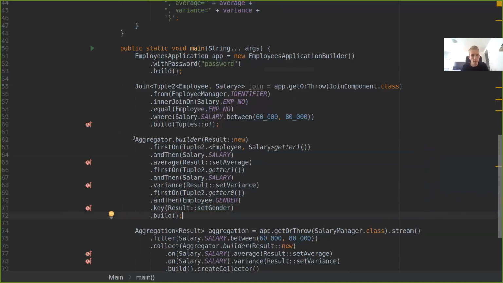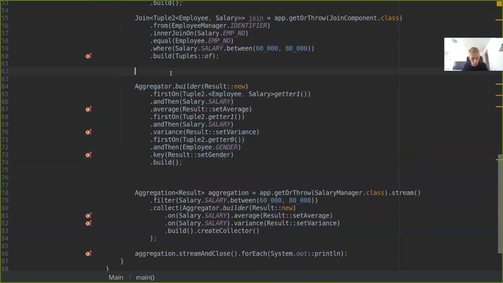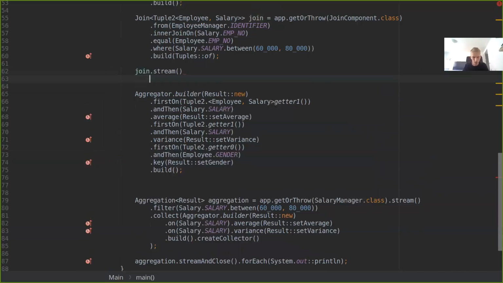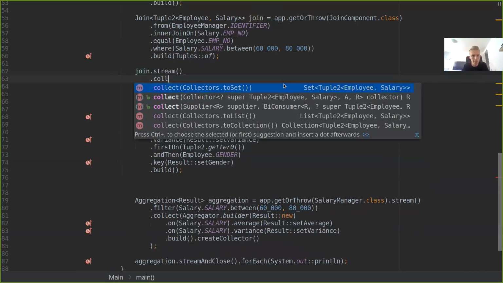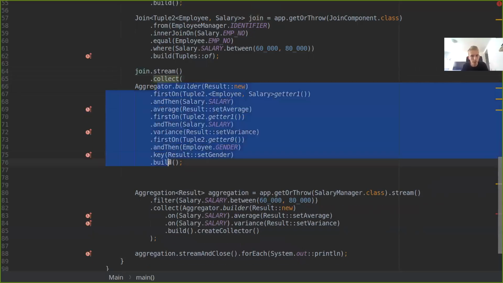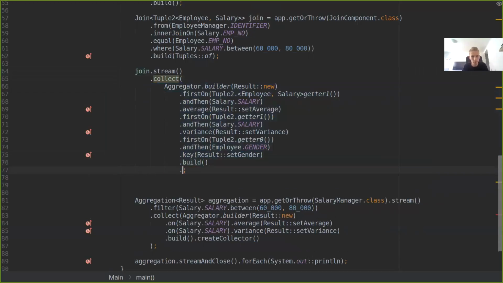So now we have created an aggregator that performs 3 different operations. It groups all the incoming joined entities by the gender, and then it computes the average and the variance of the salary column. So now when we have this aggregator builder, let's use it in a stream. So I'm going to take join.stream. You see that this will give me a stream over tuple 2. I can use that, and then I can say collect, and then I can use the collector that I get by taking the built aggregator, and I'm writing create collector,